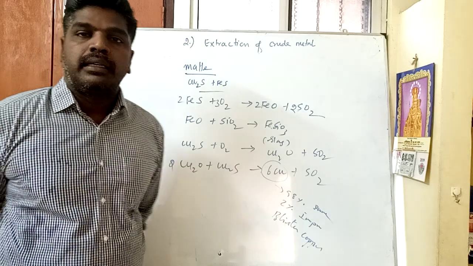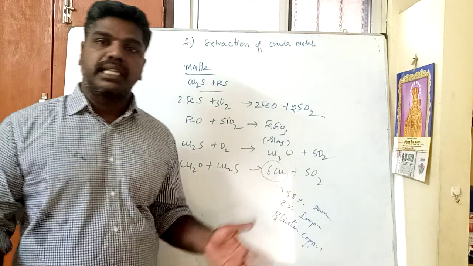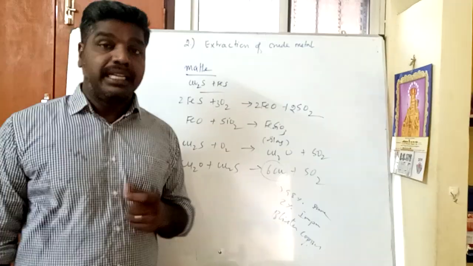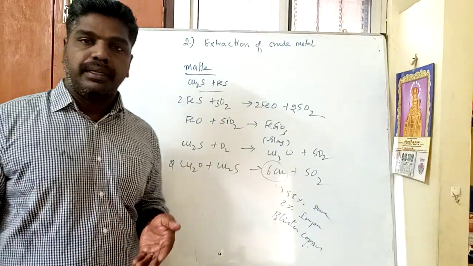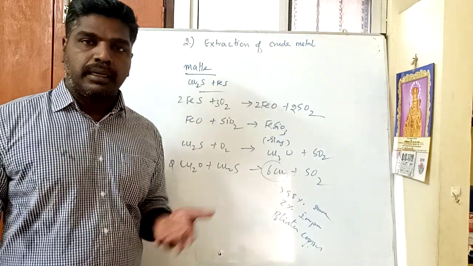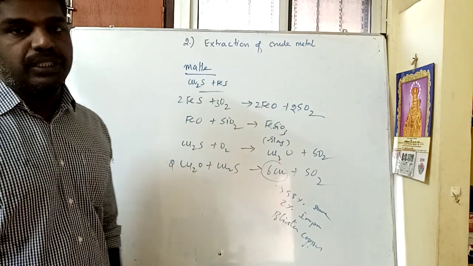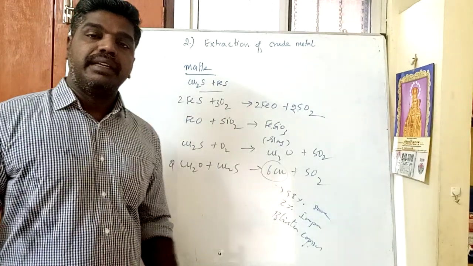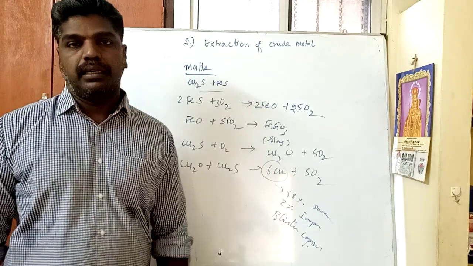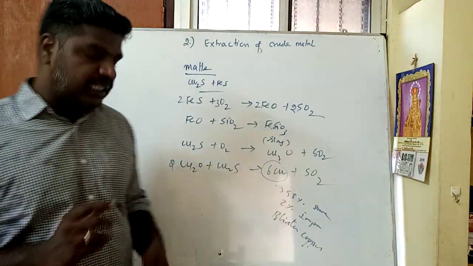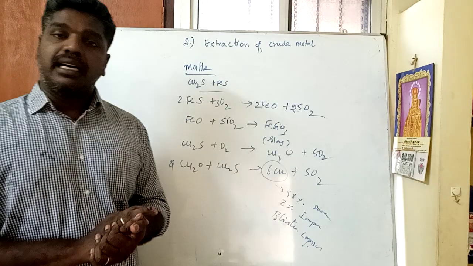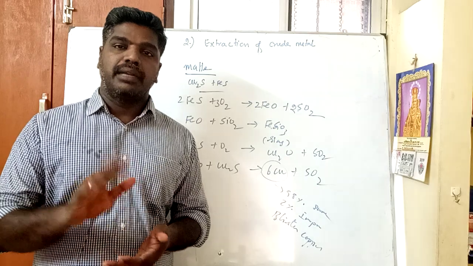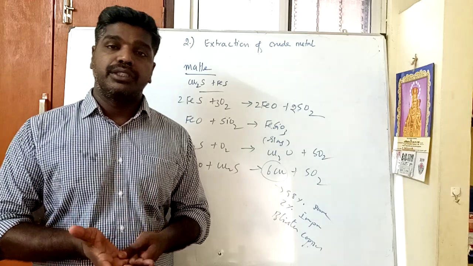The hematite ore, after concentrating, is taken in a blast furnace because smelting takes place, with addition of limestone and a reducing agent like carbon monoxide. After heating at elevated temperature, the metal oxide is reduced to metal. But the impurities present in the iron oxide, like silica, are removed with the help of lime, calcium oxide. Limestone, calcium carbonate, after heating decomposes into calcium oxide.